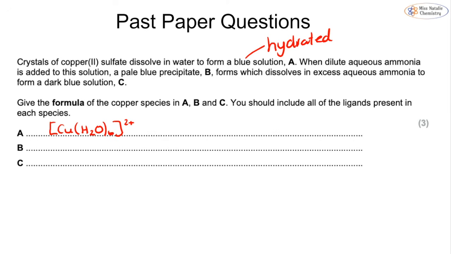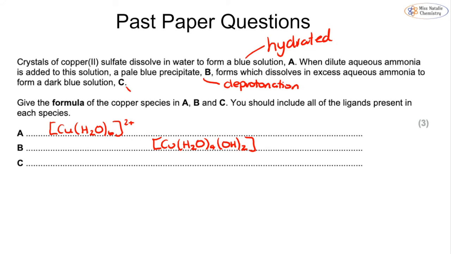When we add dilute aqueous ammonia to this solution, it will form this pale blue precipitate. This is our deprotonation reaction. So we get our precipitate losing 2 protons here, and we make this Cu(H2O)4(OH)2, and that has no charge because remember the 2 hydroxides' negative charges are going to balance out the copper 2+. And that same pale blue precipitate can then dissolve in excess aqueous ammonia to form a